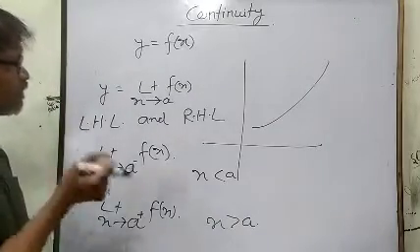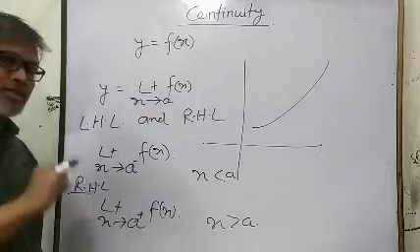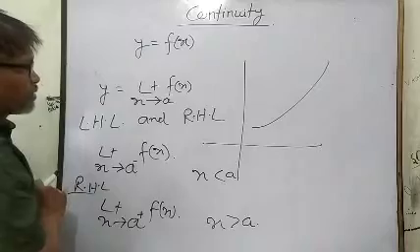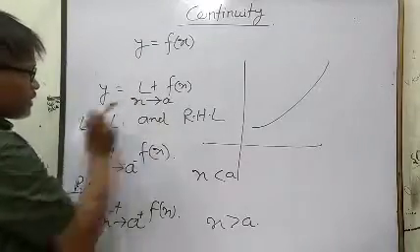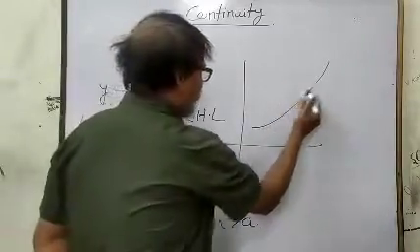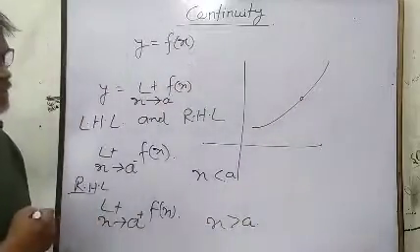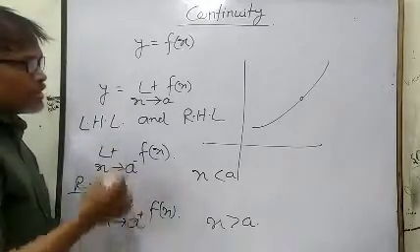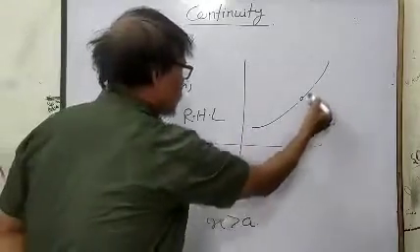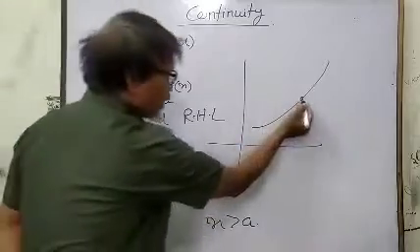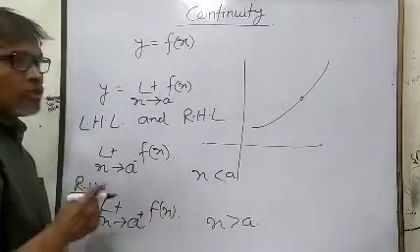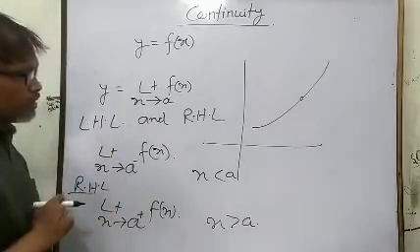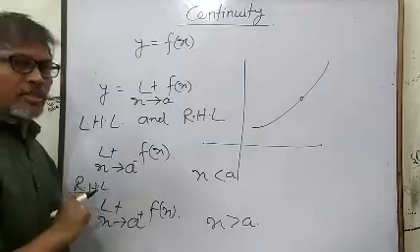But when we say that the function is discontinuous, suppose y is equal to f(x) is a question and limit is x tending to a, and if we draw the graph and we have a break here, this circle shows the break, then this means that this graph is not continuous. This is a break at this point. So the function is said to be discontinuous, but there are two types of discontinuity.